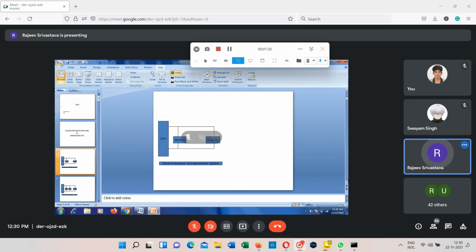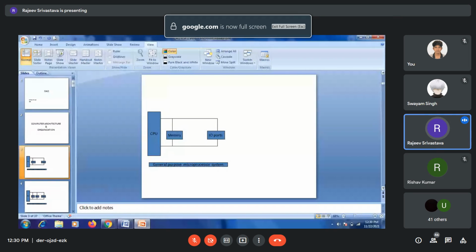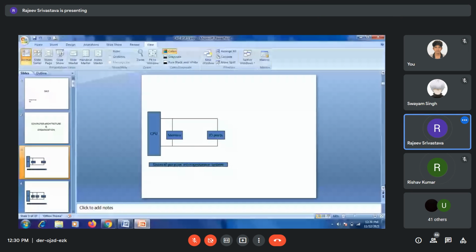Memory, you know that we have some kind of memory in which the programs are stored and we can do all these things. A little bit about the memory we will discuss in detail also. We may have two kinds of memory. One is read write memory, one is read only memory, which you have already learned many times in school and college days. Read only memory means we cannot change the content of that memory. Read write memory is one in which we can change the content of the memory.